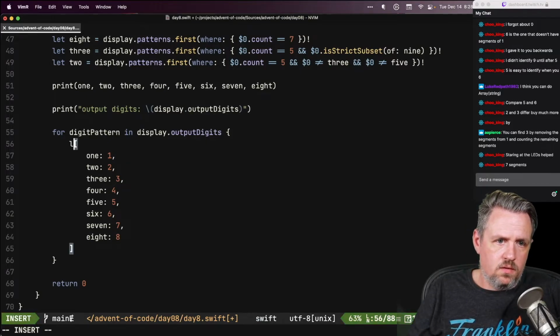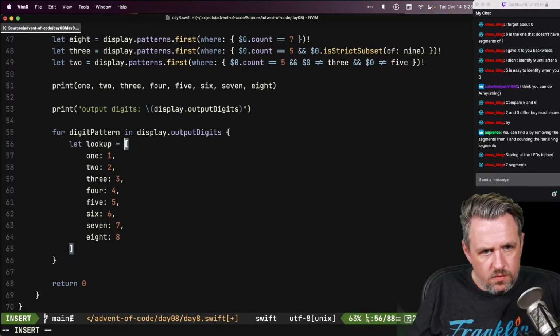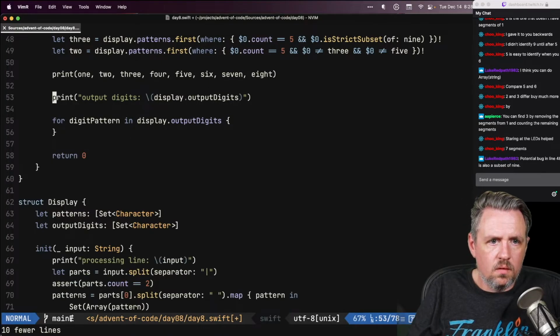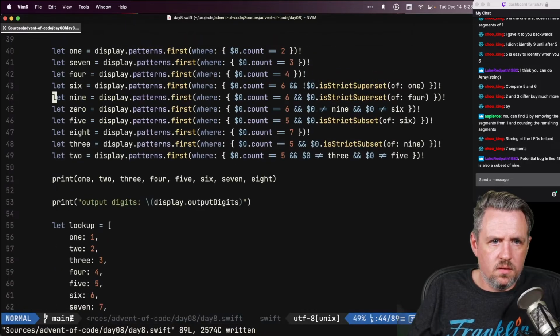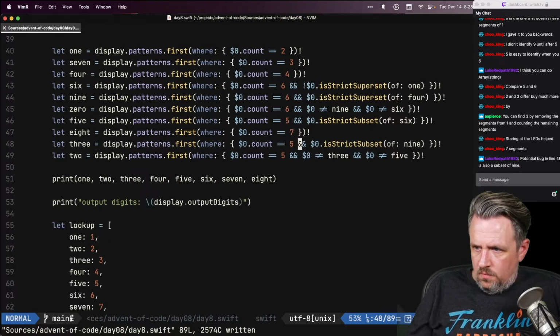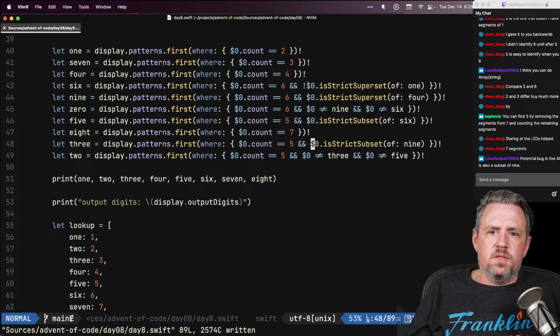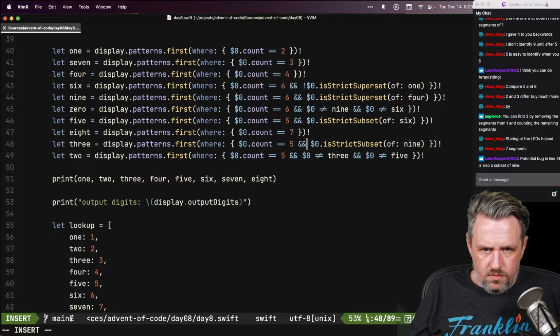Okay, and this is our lookup, which, let's go here, potential bug in line 48. 5 is also a subset of 9. Thank you. So that would be